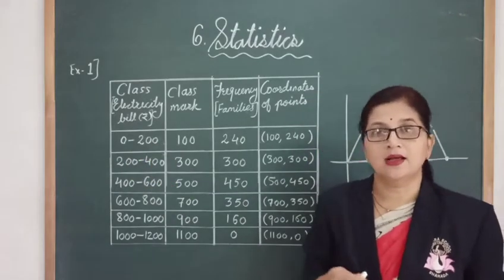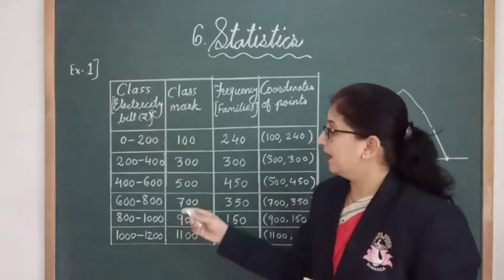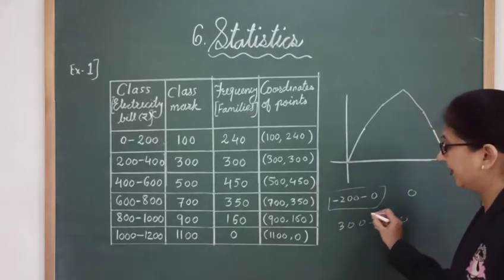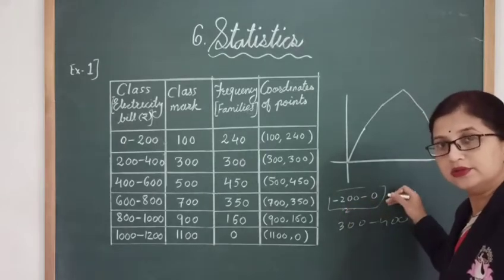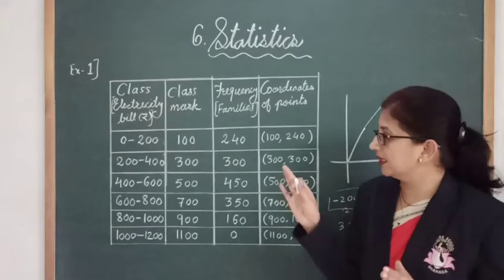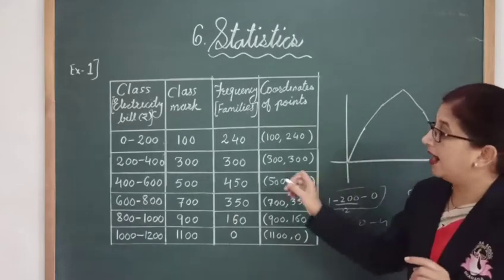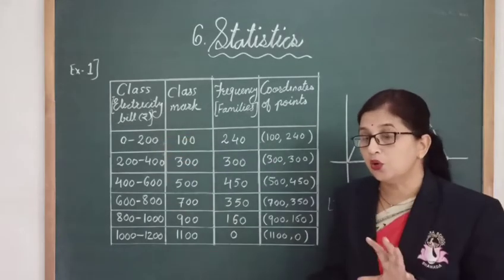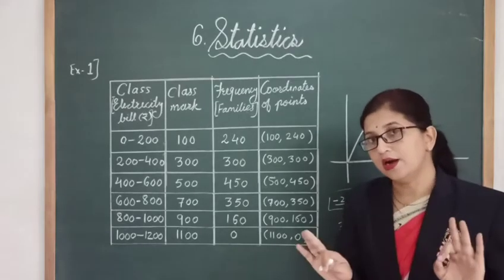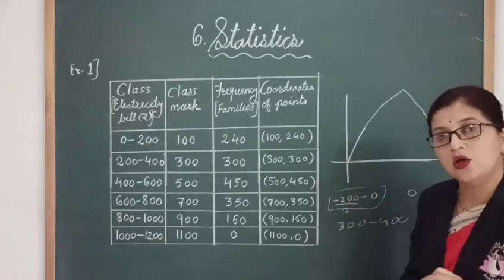Okay, but if it is starting like 300 to 400, then in that case we can take 200 to 300 as the first class. Okay, I hope it's clear to you, as we are going to get the negative class and it is representing rupees. Rupees are not negative, that's why we will not write that. Okay, then how to close that? Directly we will close it to the origin.